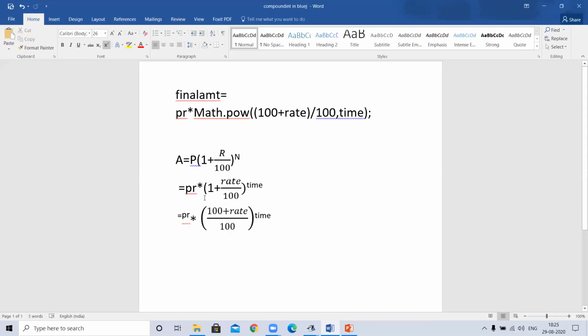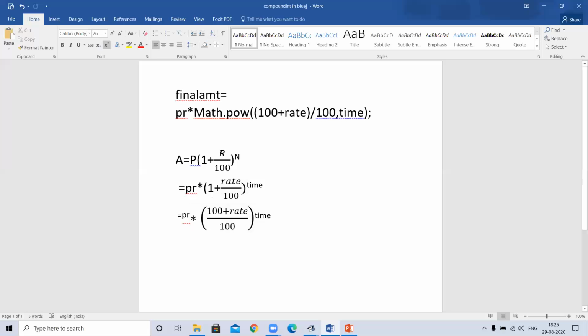P means PR into (1 plus rate by 100), and this is N, which in my program I used as time. When we take the LCM, PR and the multiplication are the same, and 1 by 1 is hidden here. The LCM of 1 and 100 is 100.